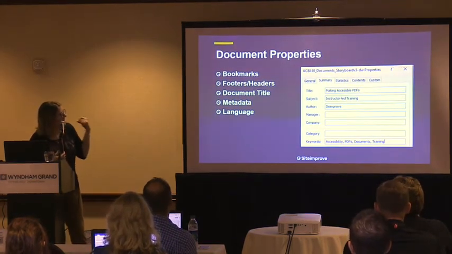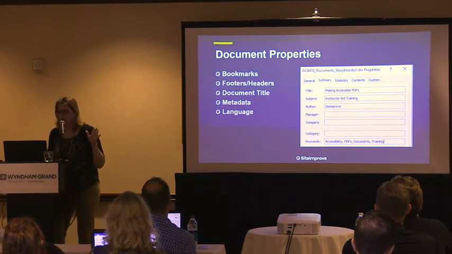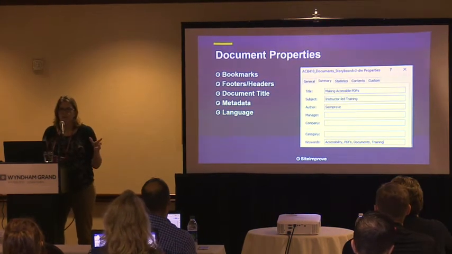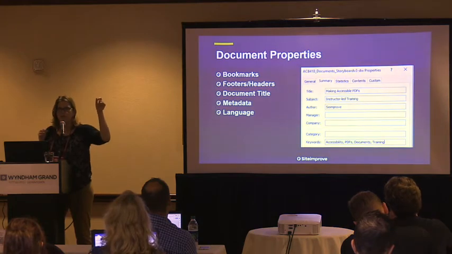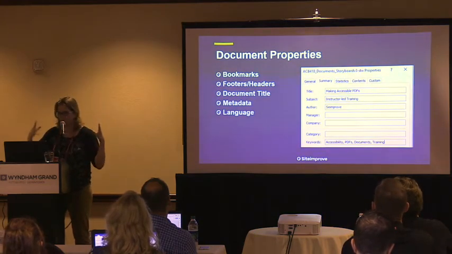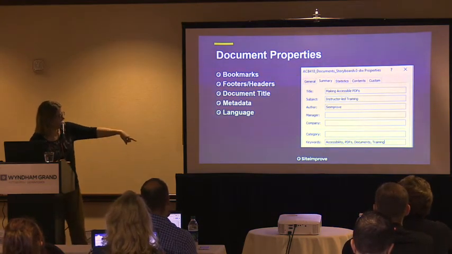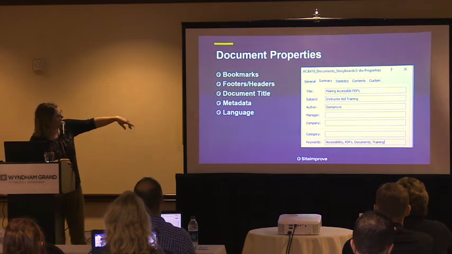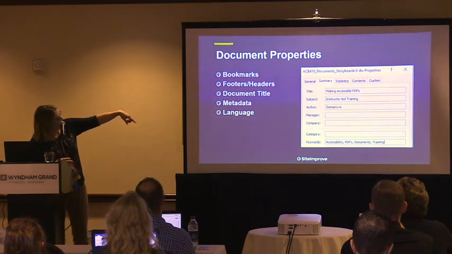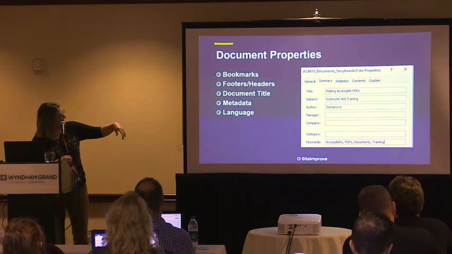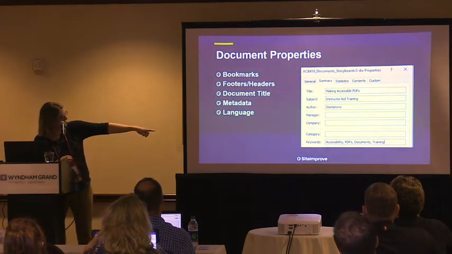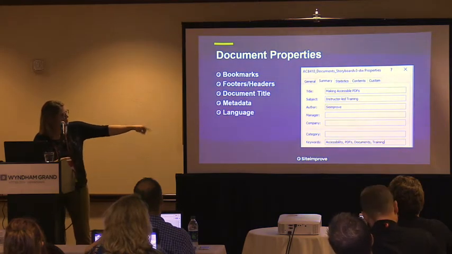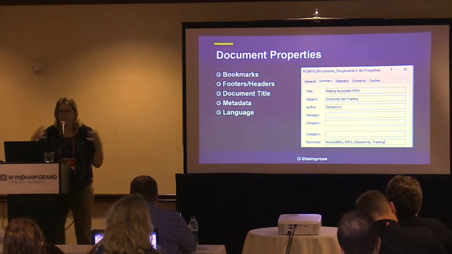Now, how do you get there? It depends on which version of Microsoft Word you're using. Basically, look for the document properties. Sometimes it's under the File menu. Sometimes it's an extra little pop-up box. But all of these things exist. And I highly recommend that you include the title. The subject is not so necessary. The author is nice. And if you use keywords down at the very bottom, those will be factored into search